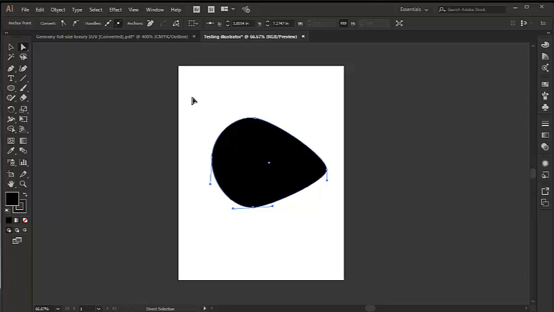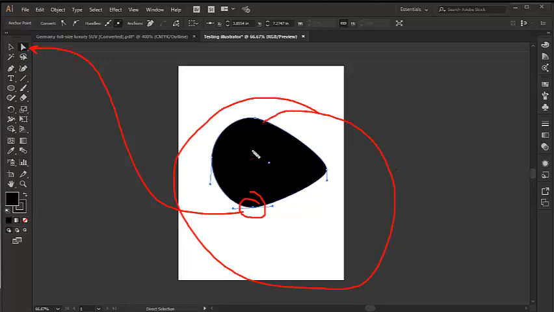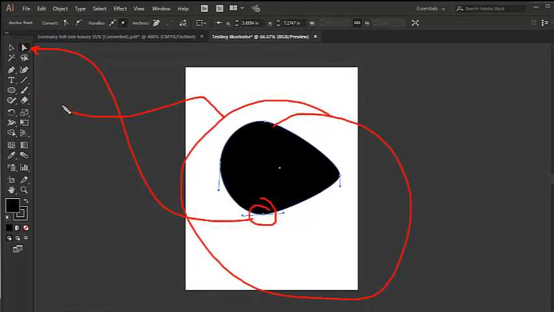Now notice it didn't change, and the reason it didn't change is because I really didn't select the object. What I really selected was a point, and I can't change the color of a point. Now remember, my direct selection tool allows me to only select points that make up the object. If I wanted to select the object as a whole, I would have needed to switch to my